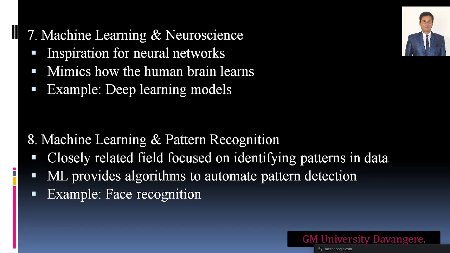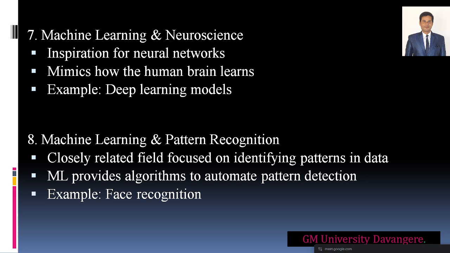So for deep learning models, you can remember this example, if you want to understand the concept in depth. The nervous system in the brain is very sensitive and very complex, right? If you want to see it, you have to go for an MRI, correct? With an MRI, you can understand what is happening inside the nerves of the human brain. If it is an X-ray of your bone, you cannot see the nerve, you can see only the bones, isn't it? Inside the brain, that very sensitive part, you can also analyze, right? That is what machine learning is doing. It just mimics a human being. That is called deep learning models.